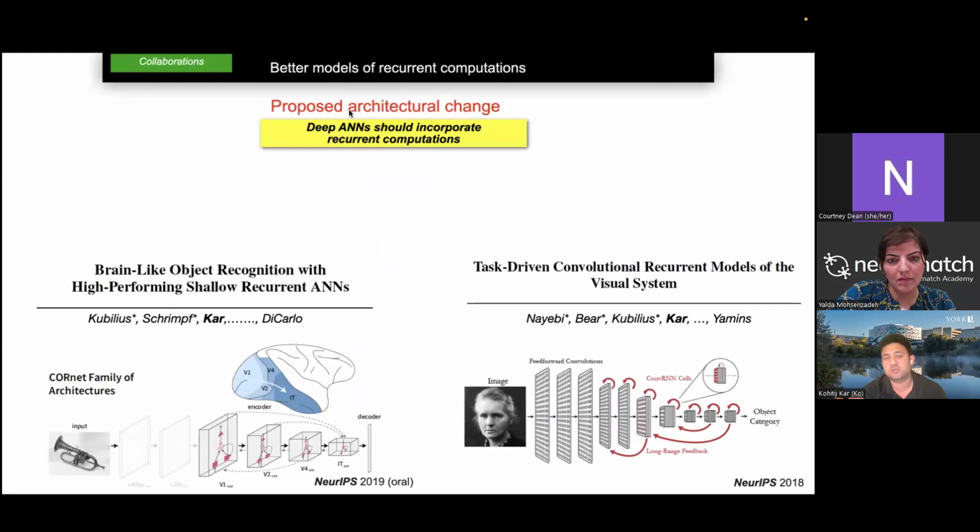Okay, so what are we doing apart from this? The main inference from this study is that deep neural networks maybe need recurrent computations to solve this problem in a brain-like way. Of course, the computer vision community does not need to care about this inference, because maybe they come up with a different kind of solution, they might invent transformers, or they invent deeper networks. That's not their job, to make a brain-like model. It's the job of the neuroscientists to care about the brain and make brain-like models. So we thought, okay, can we make these models? This is a collective effort that I was part of, and we have been trying to develop recurrent network models that perform much better and are more brain aligned than the simple feedforward models of the time.